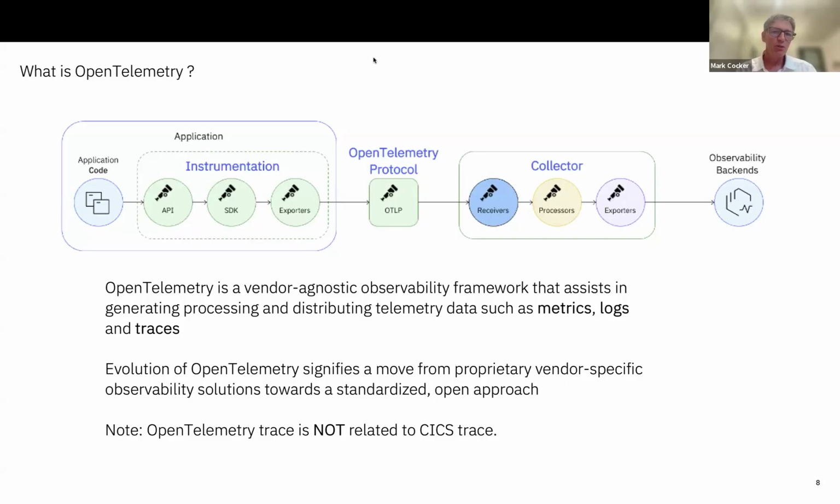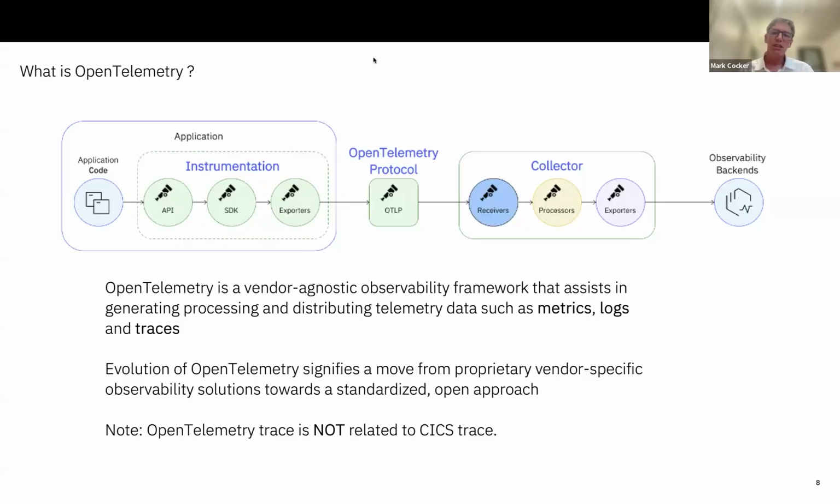And then when the data flows from that application about what's going on in that environment, there's a set of OpenTelemetry standard protocols that allow that to flow to a set of processes called the collectors, and they can receive, process, and then export, i.e. do things like filtering, for example.